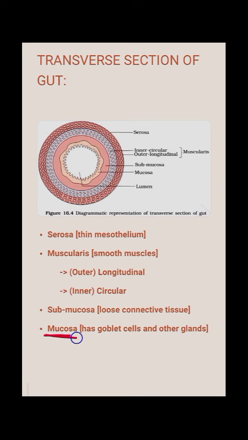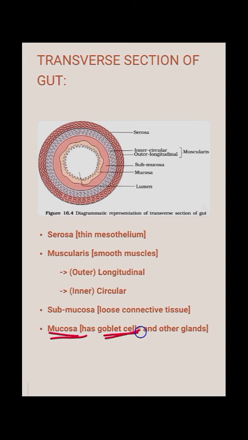So this is the mucosa, which has goblet cells which produce mucus, and that mucus is present in the whole alimentary canal, protecting all the layers of the alimentary canal, the serosa, muscularis, all these layers, from the acid. Especially in the stomach we have acid for digestion, so we have to protect the stomach layers from acid. For that the mucosa helps, especially the goblet cells which produce this mucus.